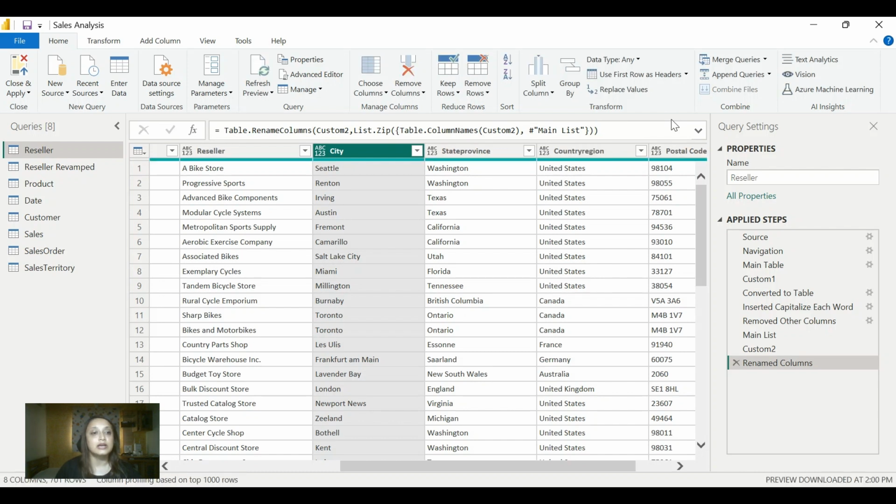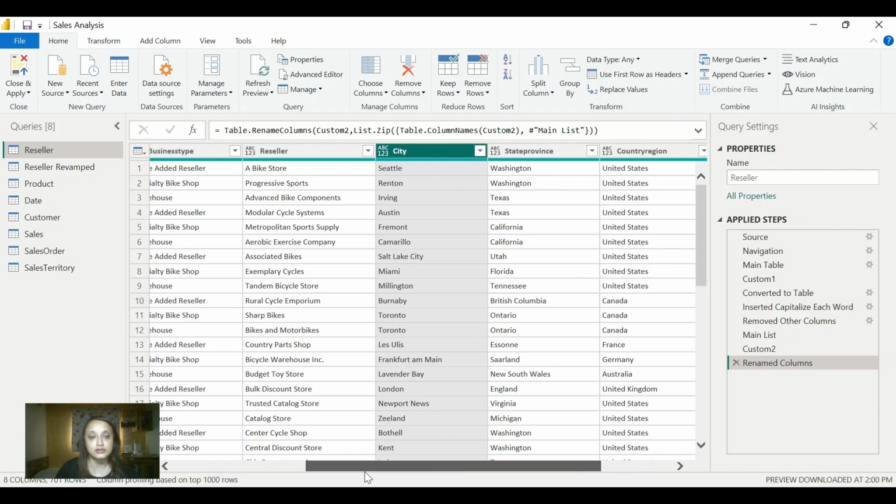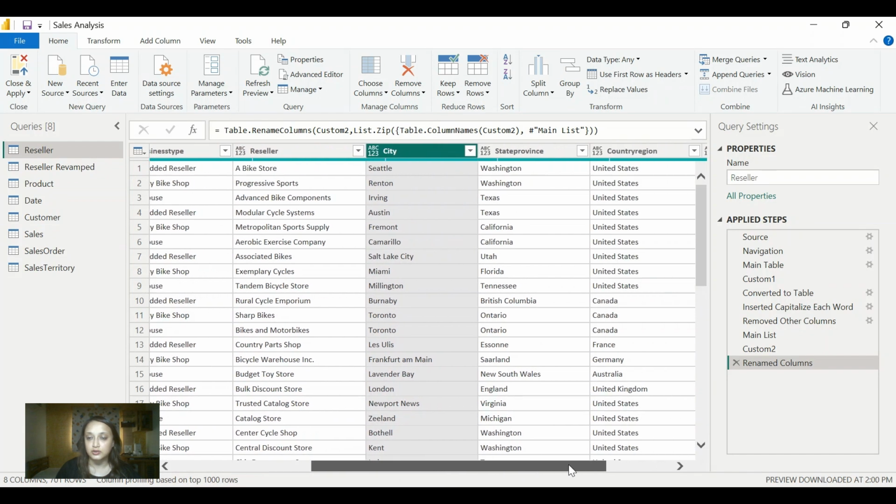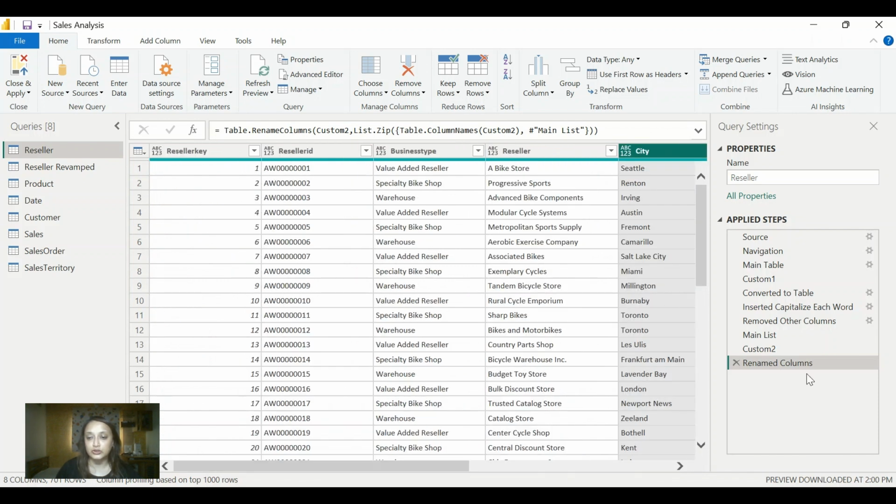Click OK, and it has changed the names to our list as per our list. So we can see that everything now here is the way we desired. If you want to remove underscores, or what if everything is in small letters, these kinds of transformations can be done through this technique. Once everything looks fine, if you want to go ahead and make more changes in the applied steps, once you think that everything looks fine, you can go ahead and Close and Apply. It's going to save it to Power BI's report, and then we can see it reflecting in visuals.